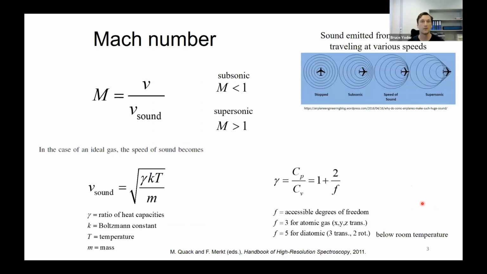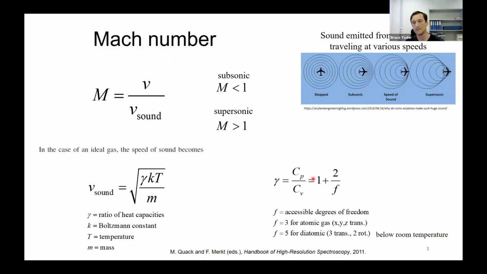The molecular sources we will be looking at today will be operated under various conditions and in very different flow regimes. I will not go into detail about all the differences, but will try to give some context for each method and use a few simple quantities to describe the flow regimes. The Mach number is the first such quantity. It is a dimensionless ratio of the velocity of a gas or a medium over the local speed of sound, where the speed of sound is defined here. The ratio of heat capacities, or gamma, equals 1 + 2 over the accessible degrees of freedom,